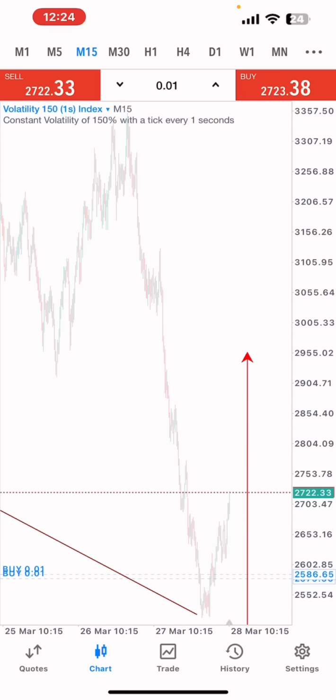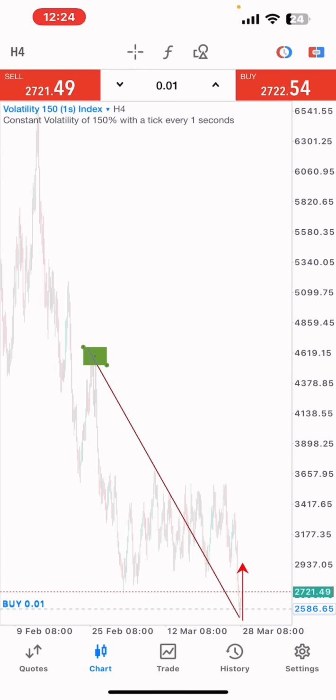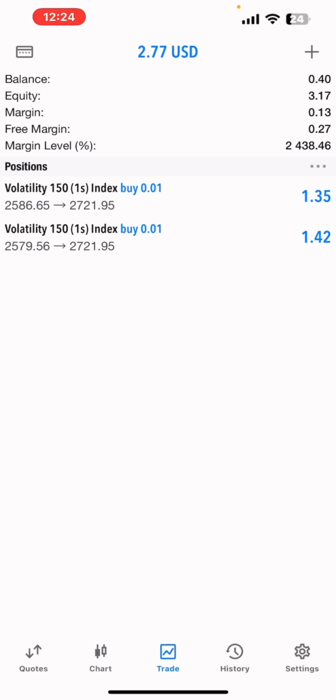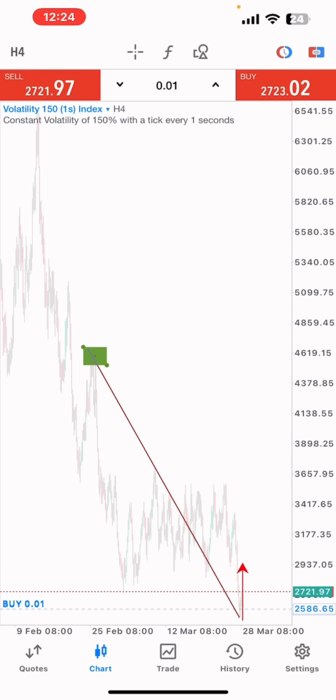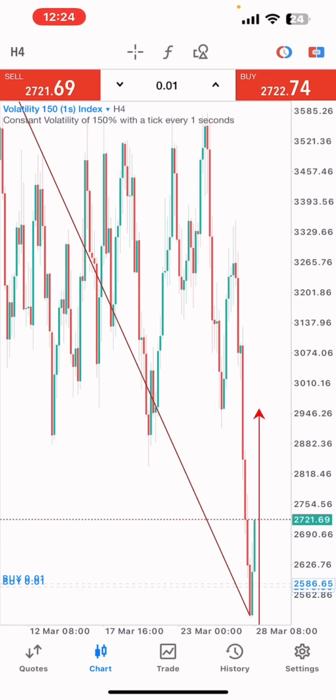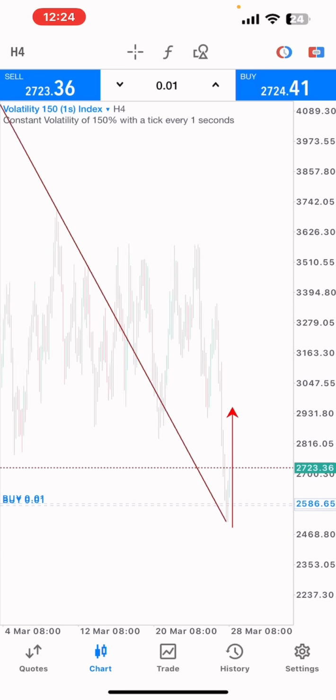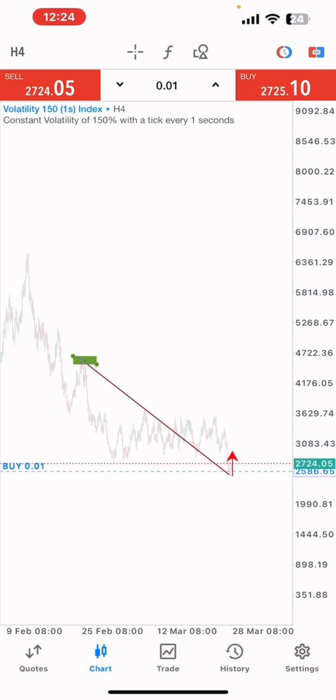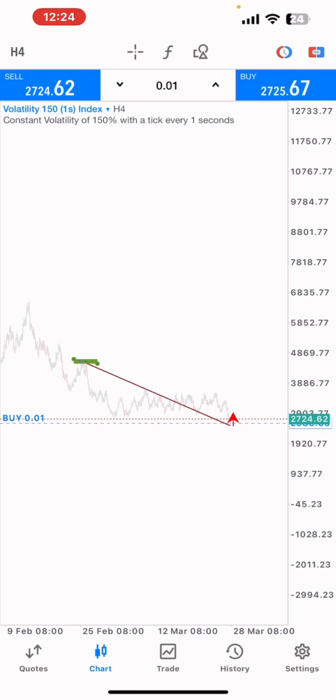A few moments later. So after holding volatility 150 for about 1 hour, I'm now on $3.17 from a deposit of 40 cents. Okay, you can see there's progress on the account, and let us wait and see how much we're gonna make on this account. So the reason why I took this trade is because of this inner trend line. What I actually did is,